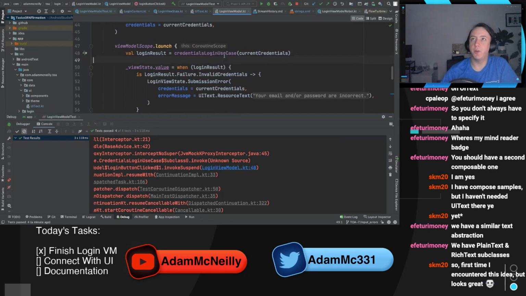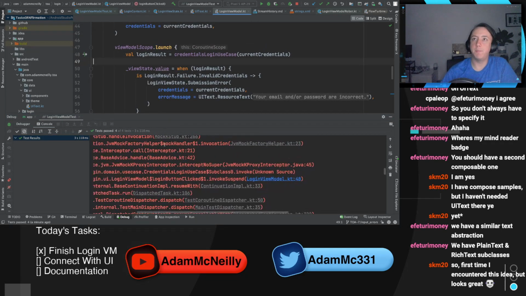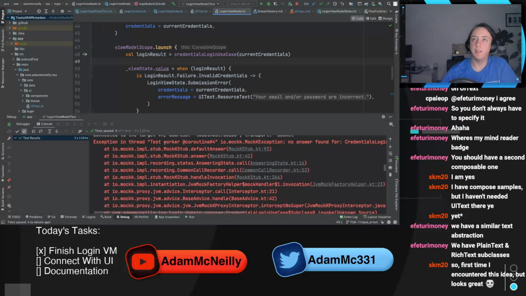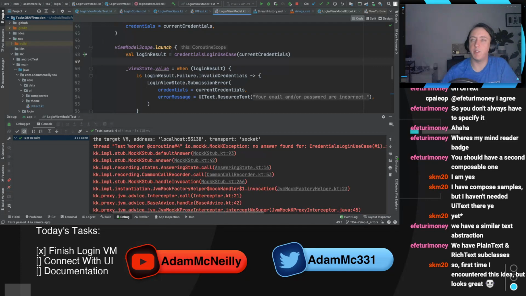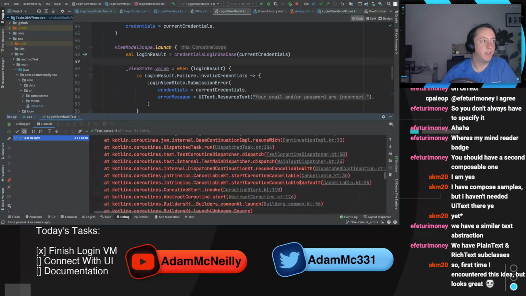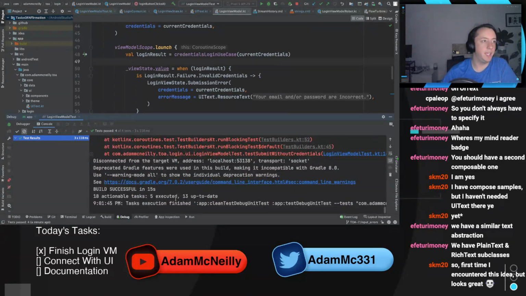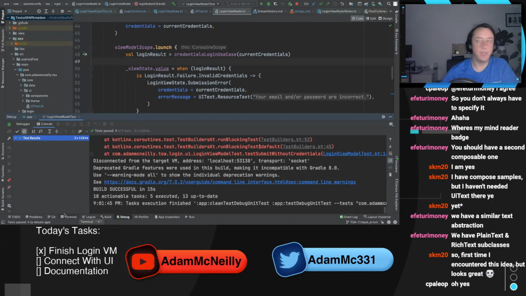Interesting. Okay, so I wonder if it's because this was in a coroutine. I'm wondering if it's because the exception happened inside the coroutine. I would have expected that to fail my test. And did it fail the test? Is my IDE tricking me? What happens if